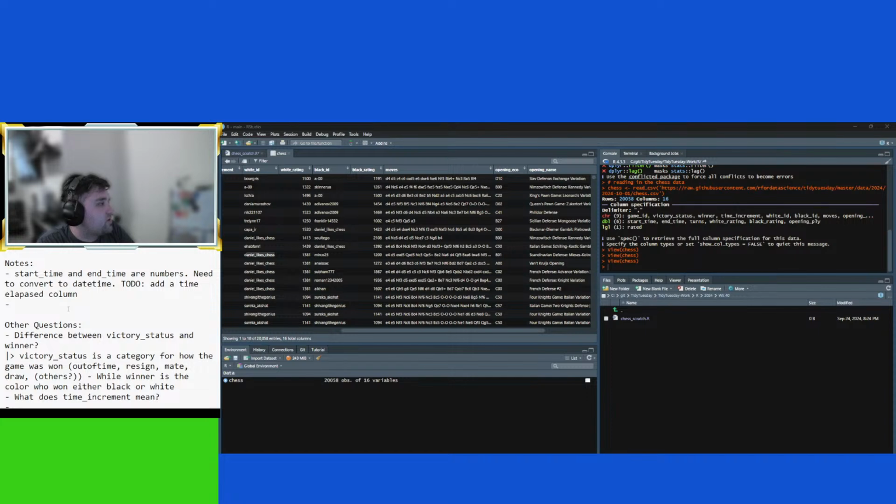Skinner UA, Skinner, 2009. Okay, count the number of moves.